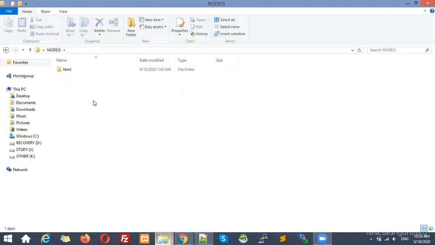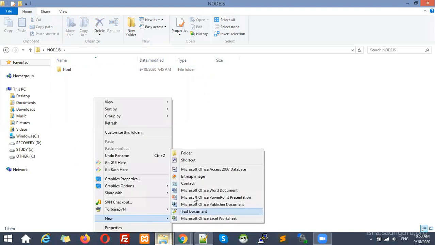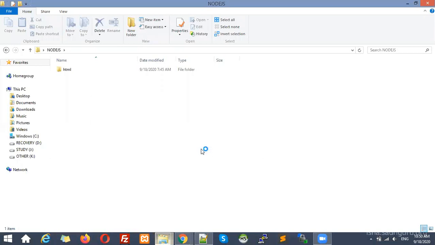So I am going to create a new folder. For the folder name, for example, we are going to give the project name demo. Now inside this one we will create our project. So how to start, how to initialize the project, for that you have to reach this path through the command prompt.